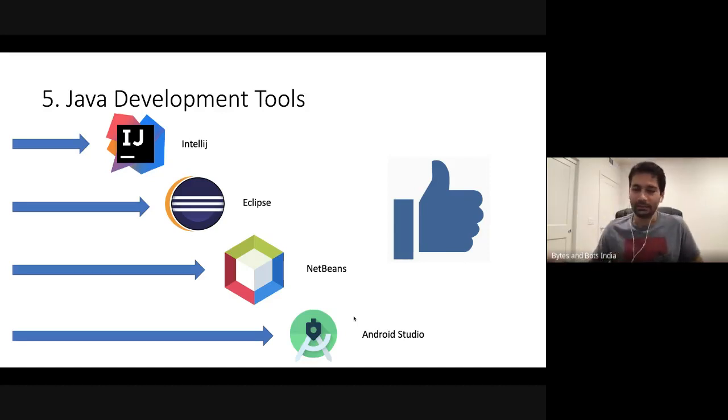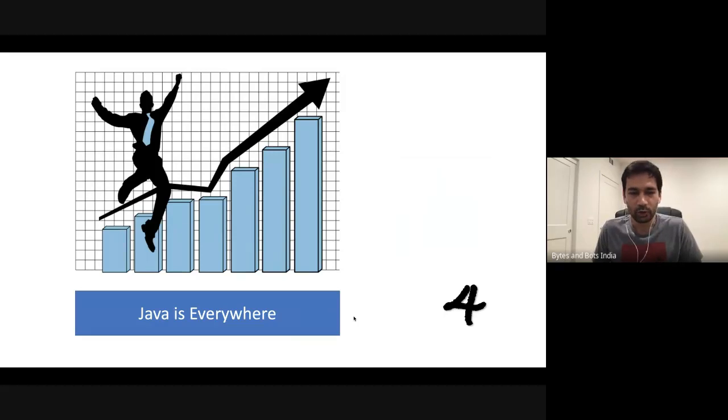All right. So moving on, point number 4, Java is everywhere. And guys, remember, when we started with Java, we started from the least important reason and went to the most important. So now we are below 5, which means these reasons are the most compelling ones to learn Java.